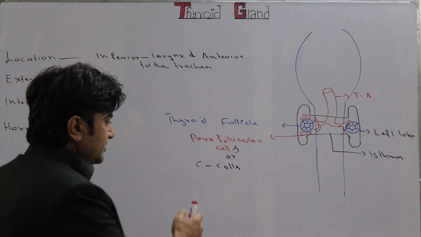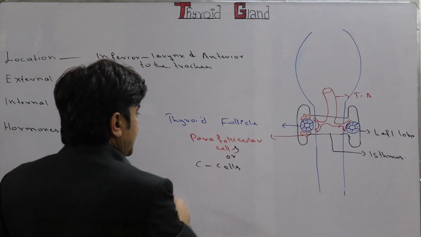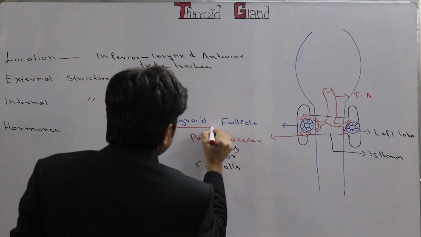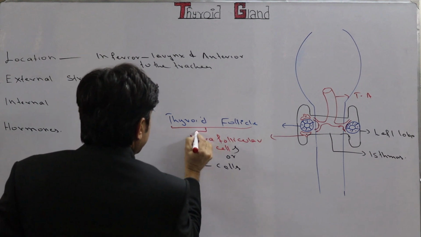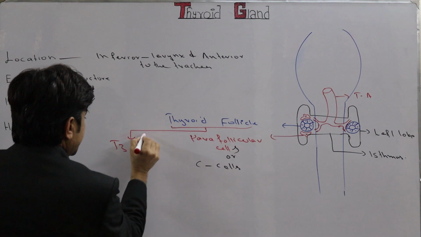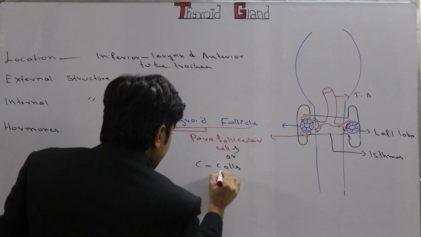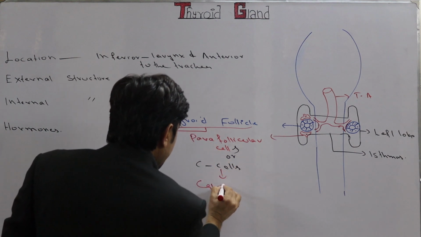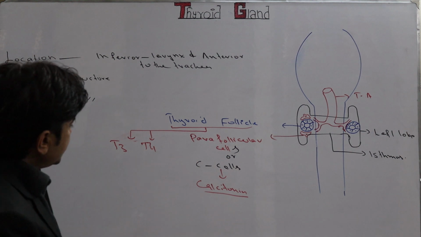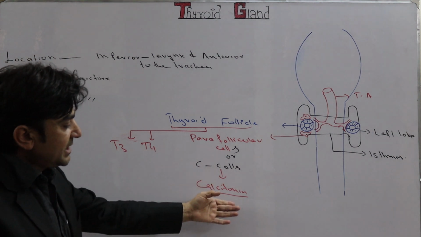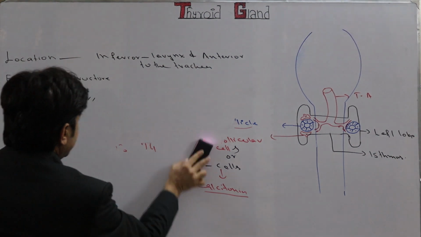Now, what are the hormones which are produced and secreted by thyroid follicles and parafollicular cells? The thyroid follicles produce and secrete two important hormones. These two hormones are T3 and T4. While the C cells or parafollicular cells produce and secrete calcitonin hormone, which is a protein hormone. In this lecture, I will talk about T3 and T4 hormones, and about calcitonin I will talk in a separate lecture. Now, let me tell you one important thing,